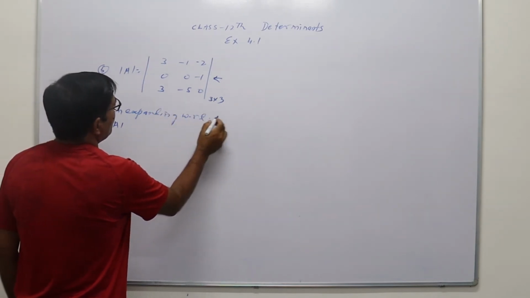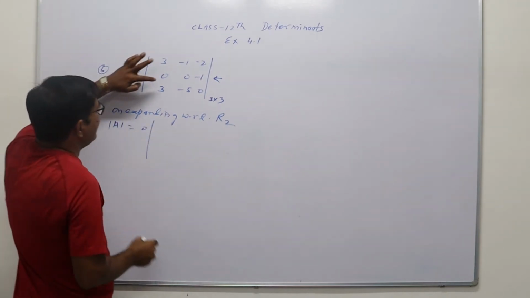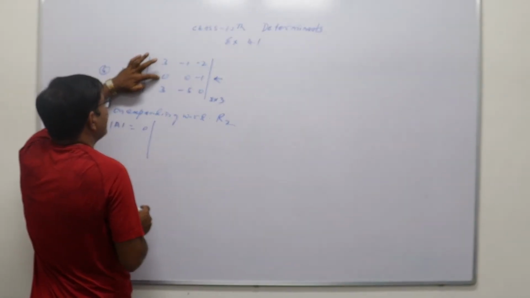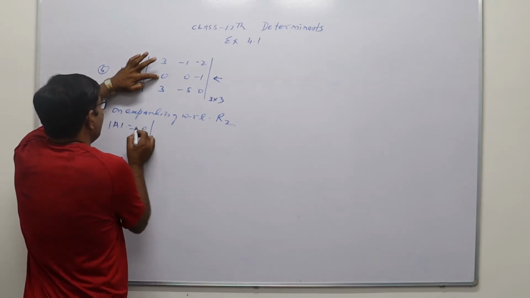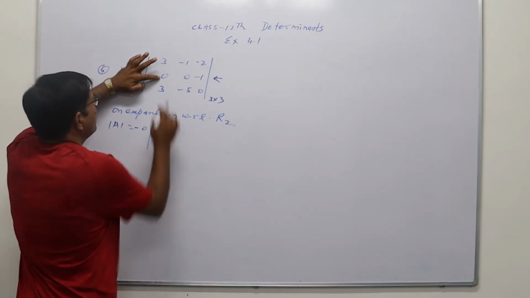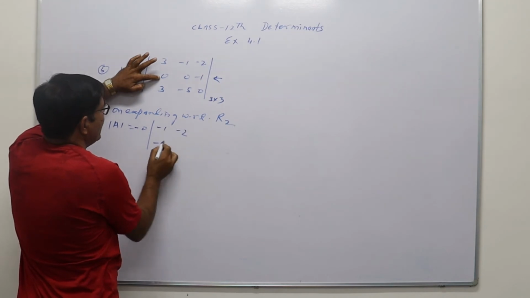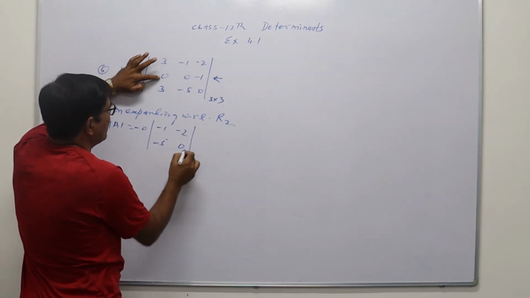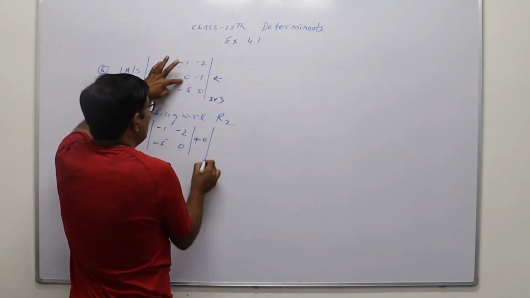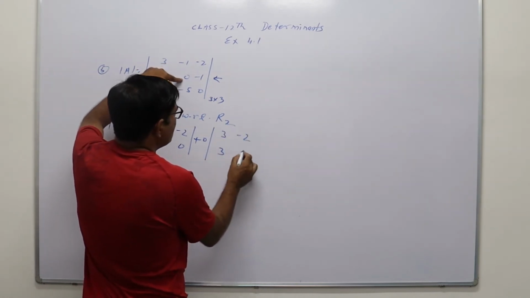with respect to the second row, it will be 0 into this element. With respect to expansion, this position is A21, so the sign will be minus, just for explanation. So 0 into, leave this row and this column, so minus 1 minus 2, determinant of minus 1 minus 2 0. Then with respect to this position A22, so plus of 0 into determinant of 3 minus 2 and 3 0.